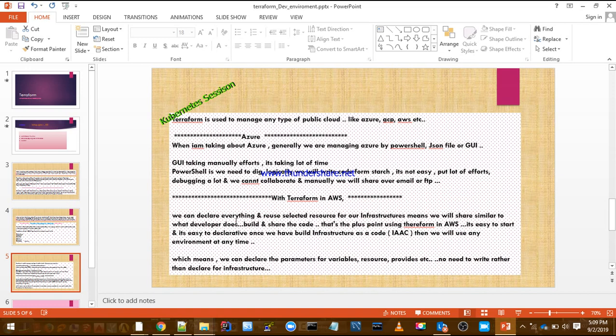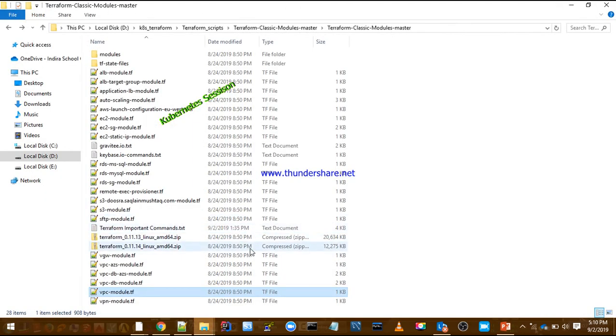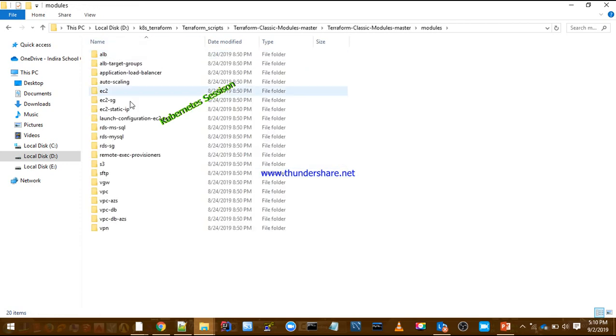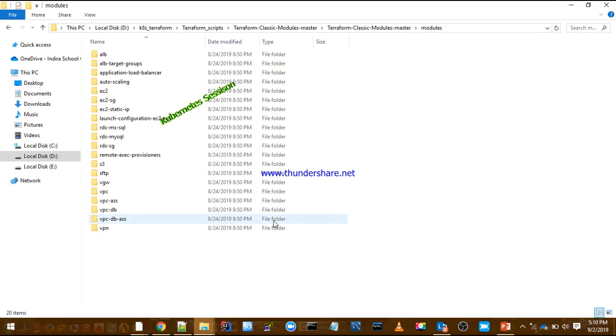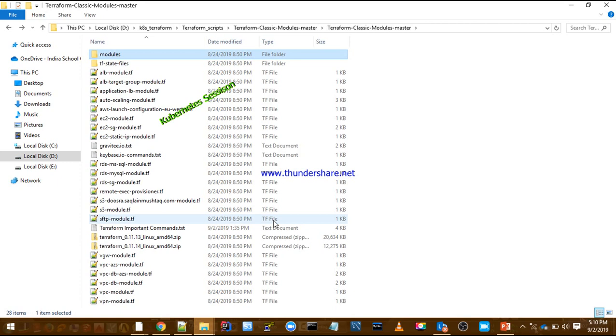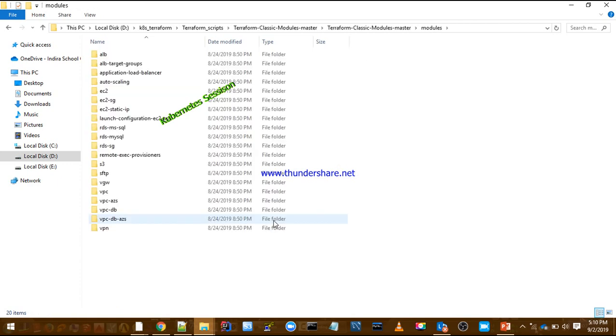Now I'm going to discuss Terraform with AWS. We can declare everything and reuse the modules we have configured. These are the modules I have configured here. I want to use these modules for different resources like S3, Internet Gateway, VPC, VPN, EC2, launch configurations and load balancers. Using Terraform scripts, we can reuse them through modules.